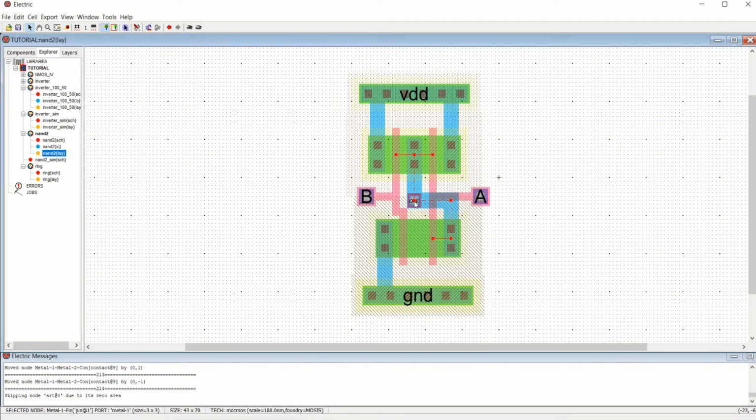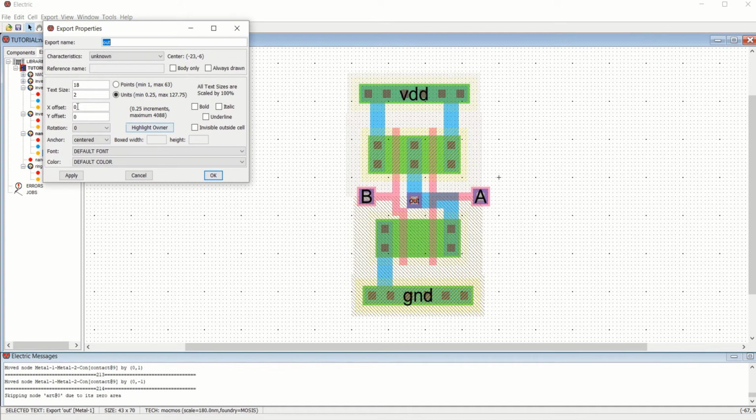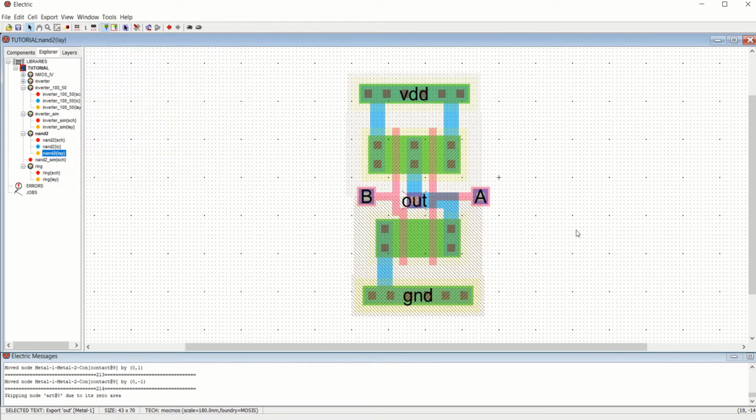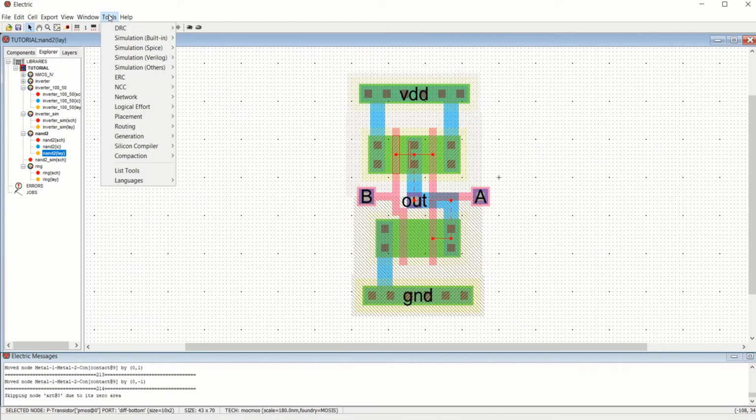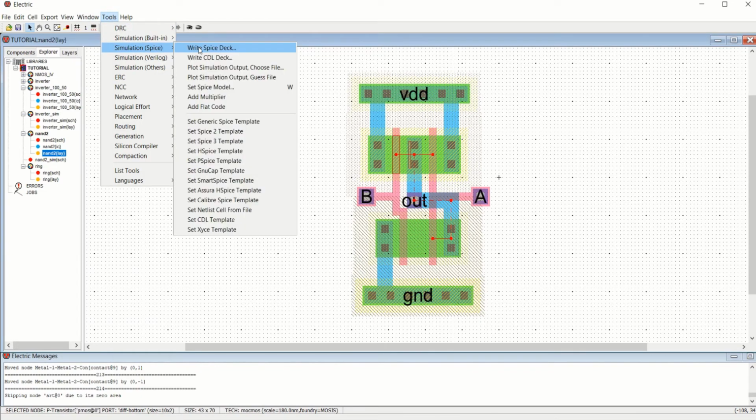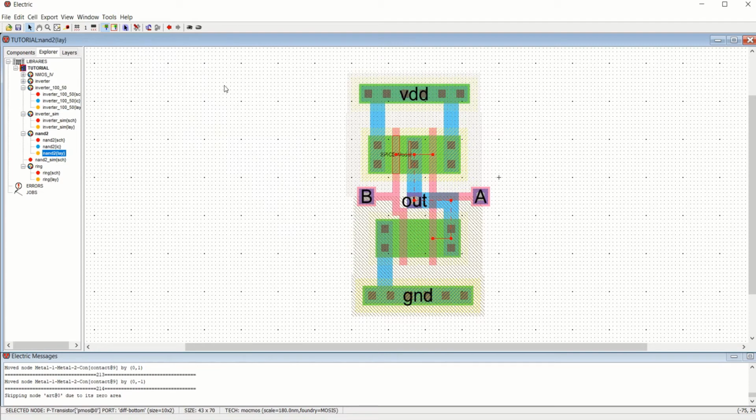So increase the size by using Control I, and set this size to 5. Okay, now it looks okay, but the SPICE models are missing here, which we should have done earlier. It is taking time now. So I am setting the SPICE models, so I'll take a pause, then come back.